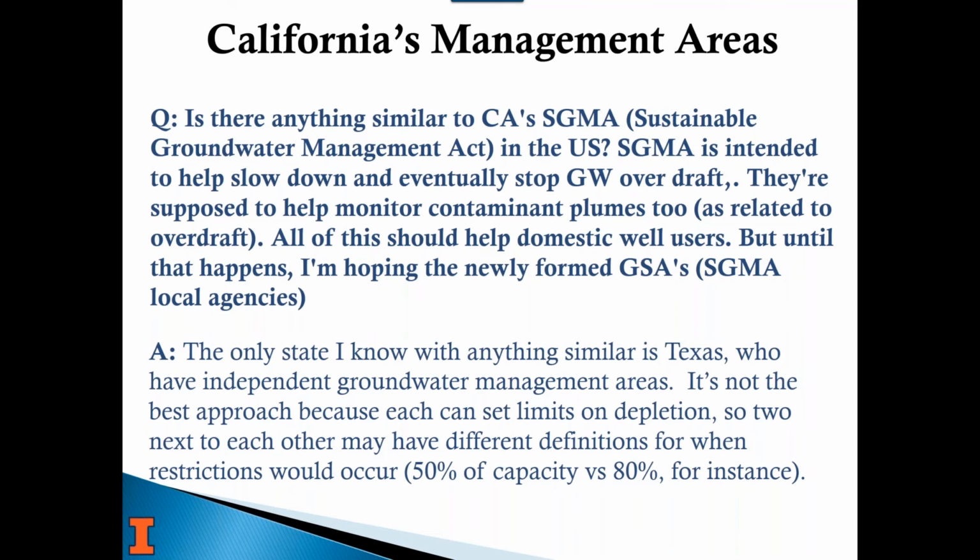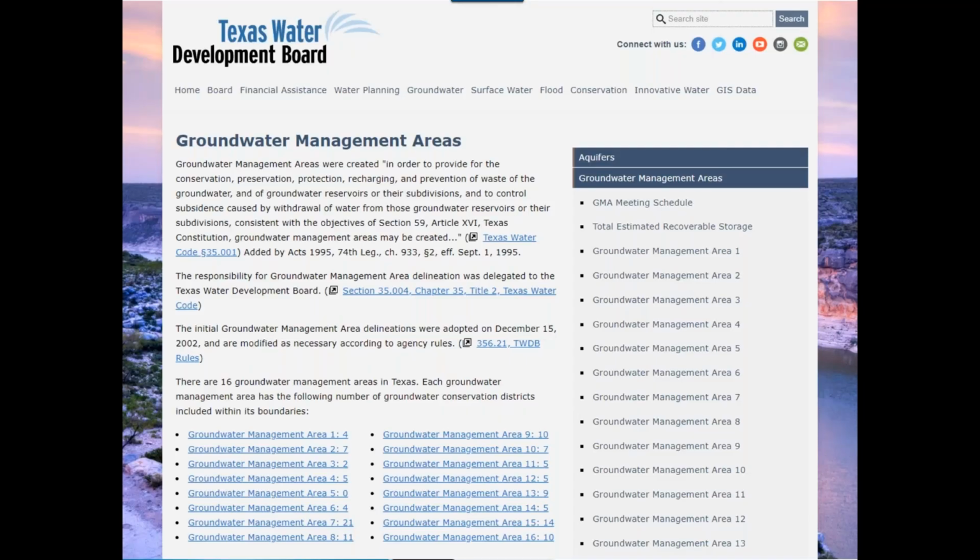And so there's no coordination, and I won't say no, I don't know enough about it. If somebody from Texas catches me saying something wrong, please speak up or send a note. But they are all independent, so it's not as organized as the law in California. I just wanted to show that because it's through the Texas Water Development Board, and we looked at their model when we started doing water supply planning in Illinois.